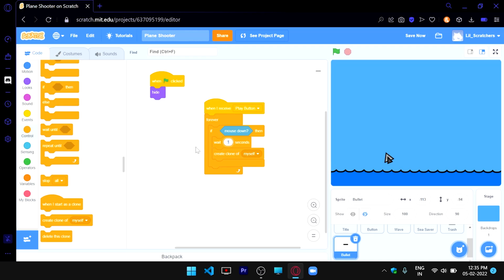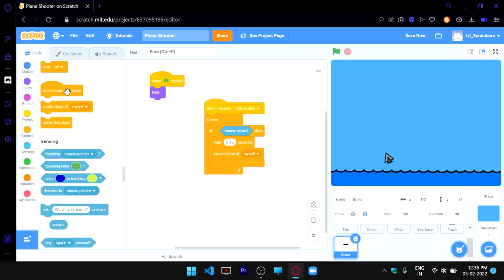So this wait can differ depending on your necessities. If you want the game to be fast paced, you can keep the wait to be 0.01. For now, I'm just gonna keep this to be 0.25 or something like that. So now we got this, and what I'm going to do is I'm going to go back to the controls